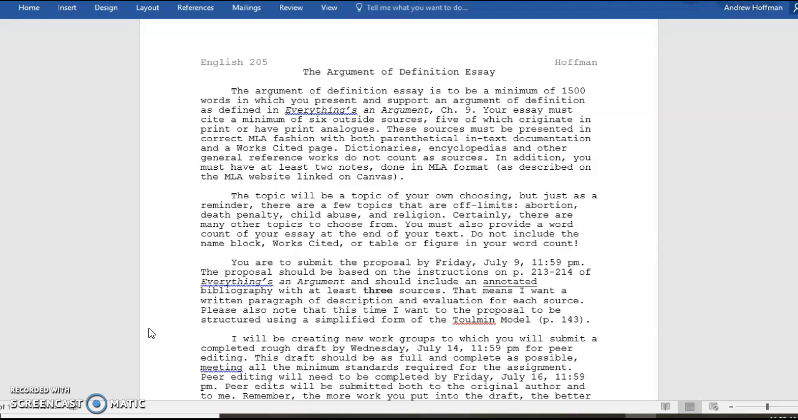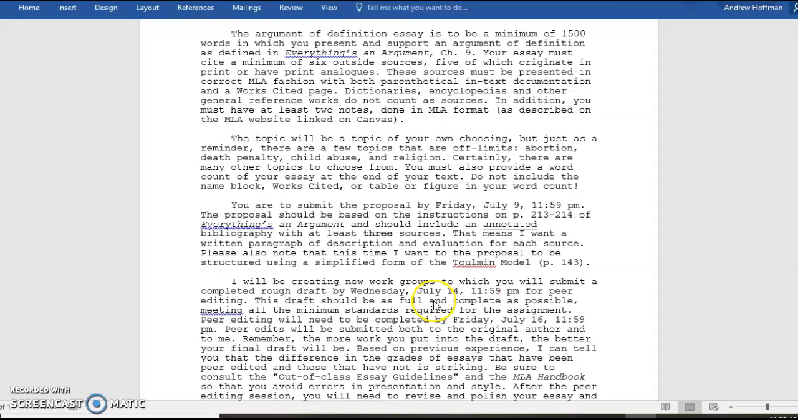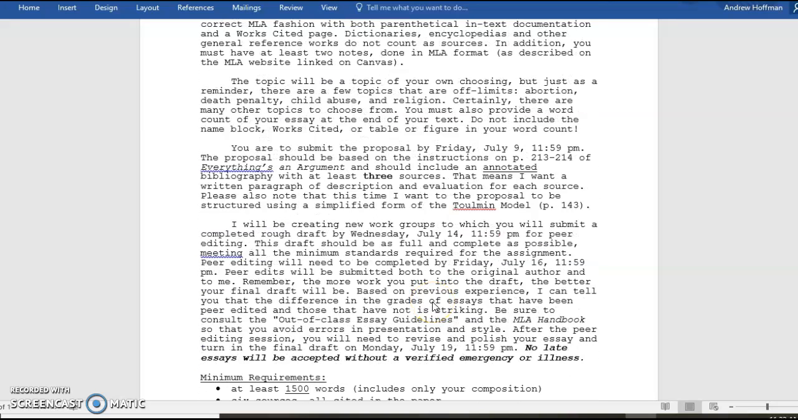So that is due this coming Friday, okay? Friday, July 9th by the end of the day. Now, we'll be doing work groups again, the peer groups. I'll rearrange them, of course, as best as I can. We'll have some new groups to which you will submit a completed rough draft by Wednesday, July 14th,